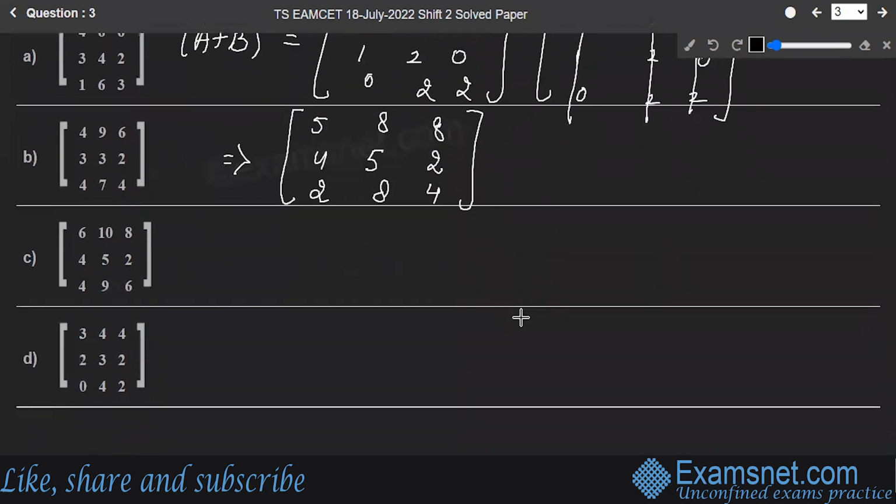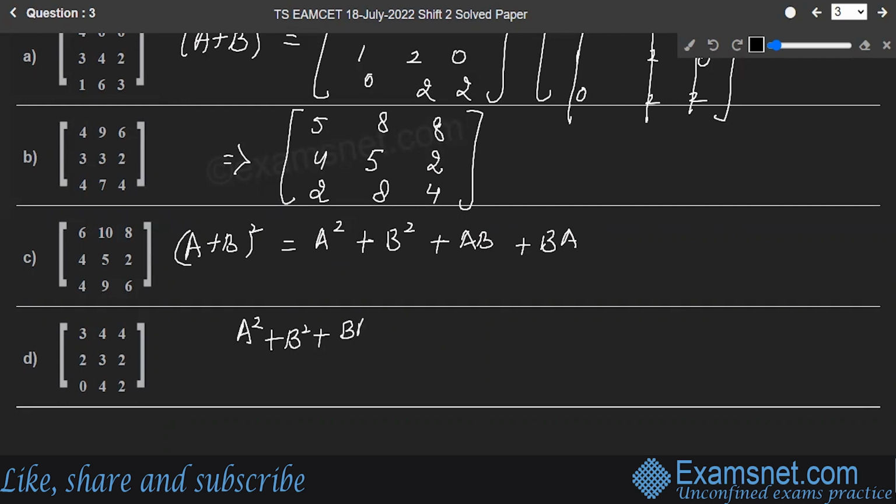Okay. So (A plus B) square, you know one thing, this is equal to A square plus B square plus AB plus BA in the case of matrices, right? So that means A square plus B square plus BA is equal to (A plus B) whole square minus AB. Or you can take B common from here. So A square plus B and A plus B, this is equal to